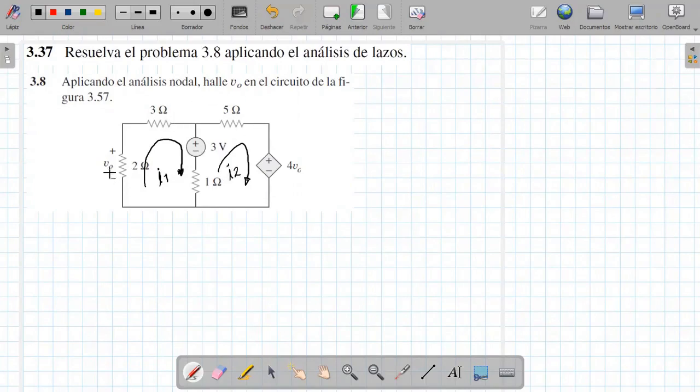Now in loop 1, I have 2 times the current I1, which gives me the voltage. At this point, let's remember that loop analysis is a voltage analysis. The voltages in a loop are: 2 times the current I1 gives me the voltage in this resistor, plus 3 times the current I1 minus I2 gives the voltage in that resistor, plus a voltage source of 3 volts, all of that equal to